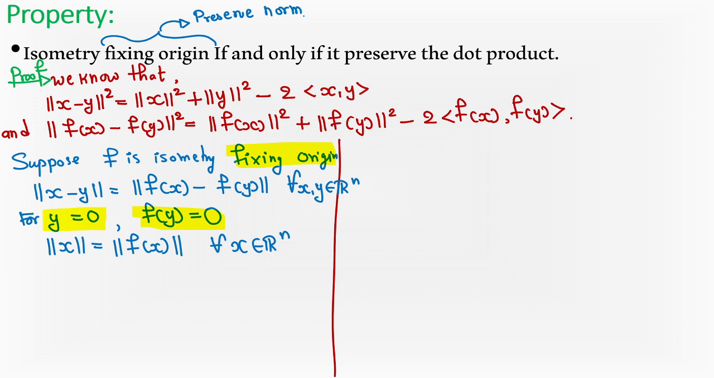But what we want to prove? We want to prove something more. We want to prove that it preserves the dot product also. Right? Okay. So we want to prove that it preserves dot product. From now I know the norm of x is the same as the norm of f of x for all x inside Rn. So for x minus y inside Rn, since I know it will preserve the norm, I can write the norm of x minus y would be the same as the norm of f of